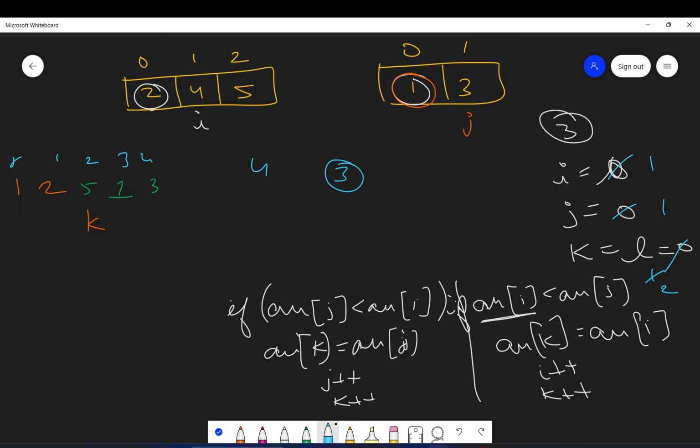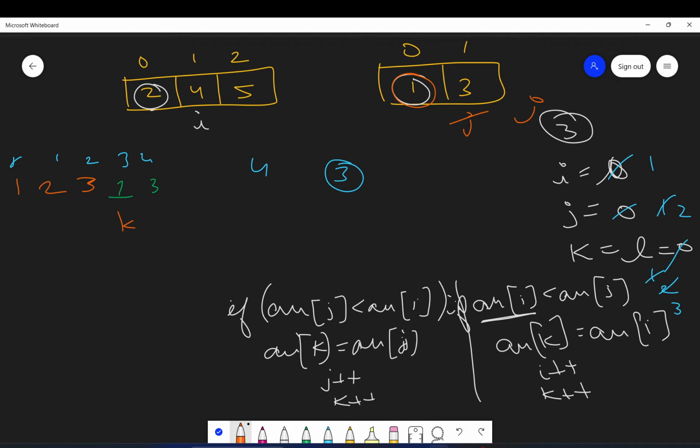J is smaller. So we will put this J value in place of K, and we will increment this J. So J is now out of bound. Okay, so J becomes 2, K is now 3. So K has moved forward and K is now here.